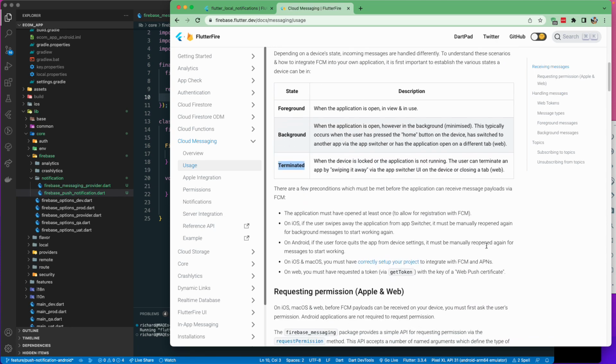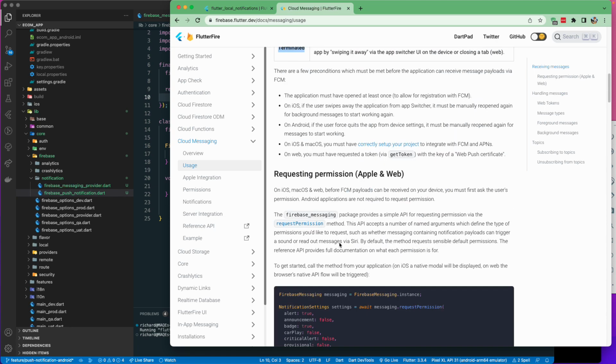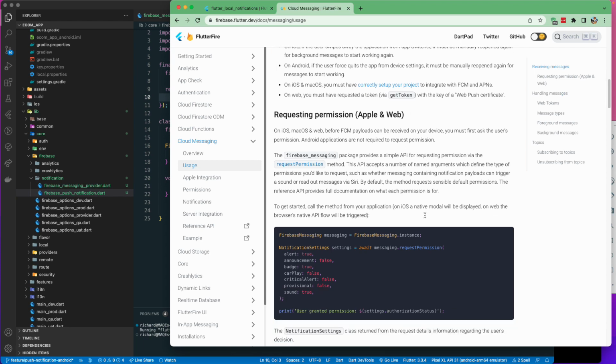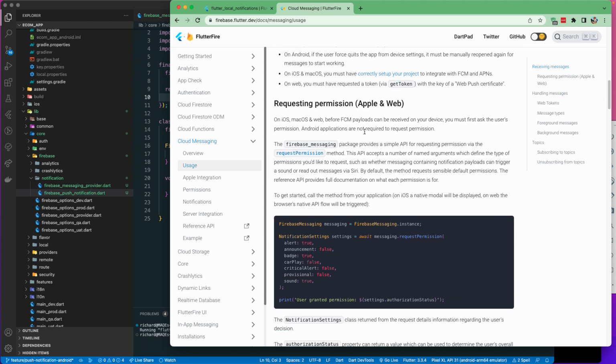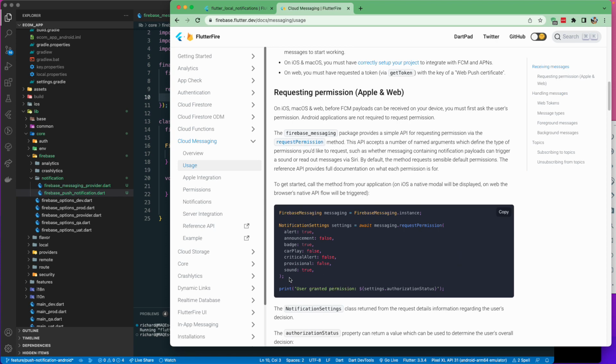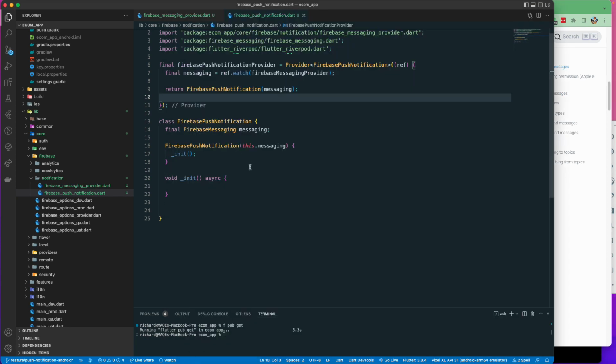So you can just go and read the documentation over here. I'm not going to read all of that. Next, we need to request the permission on the iOS side. iOS, Mac, and the web require permission from the user in order to receive notifications. So you can grab this particular code from here, and let's go inside this init function and just paste